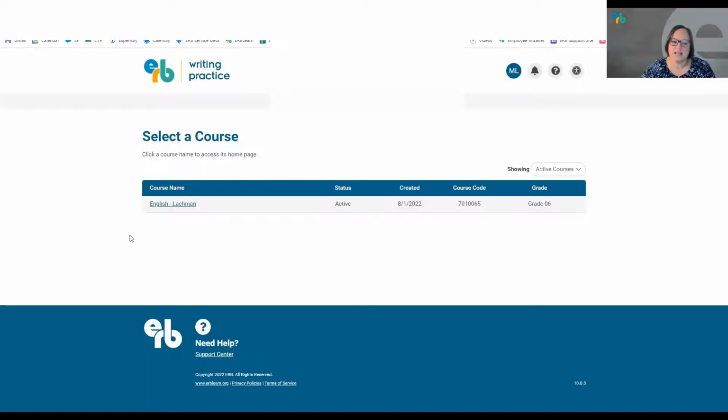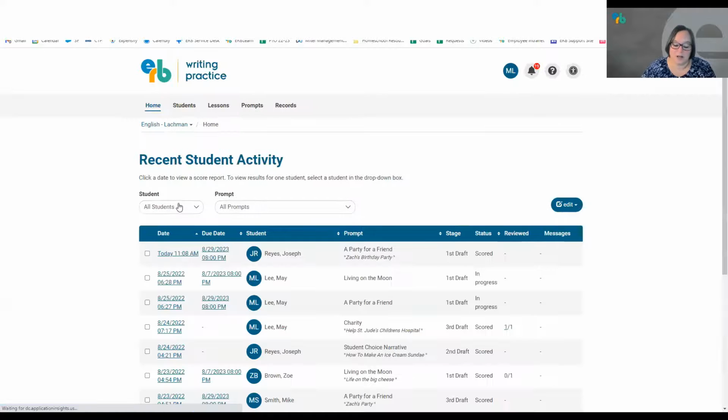And that way you can get a sense of all of the controls that you have as the person who is teaching the class, or teachers in your school if you're an administrator. So we can go ahead and again click on the class that we're talking about. If you have multiple classes, like you teach in middle school and you have 5 different sections of English, you would see them all listed here. In this case, this teacher only has 1 class, but again, you could have multiple courses here and you would pick the one that you're interested in today.